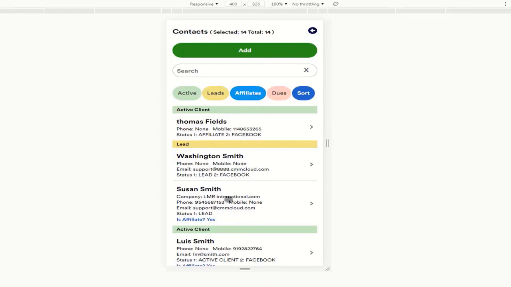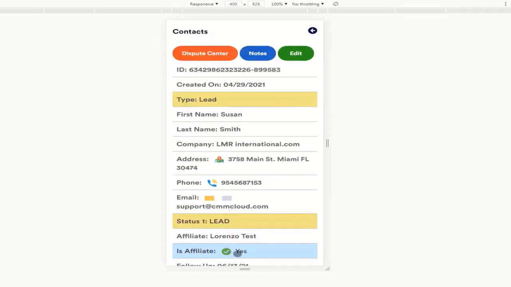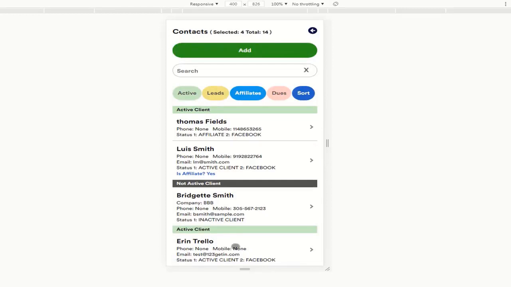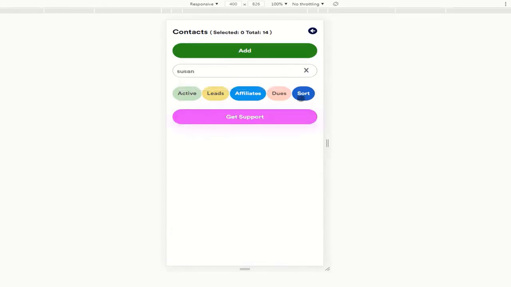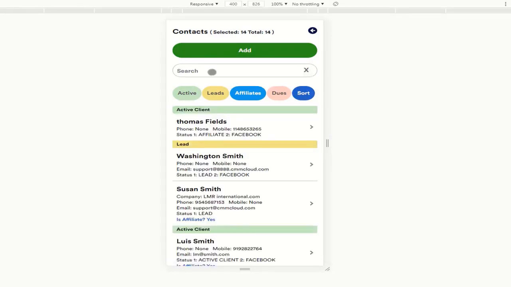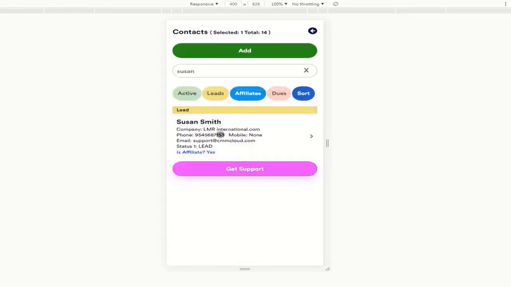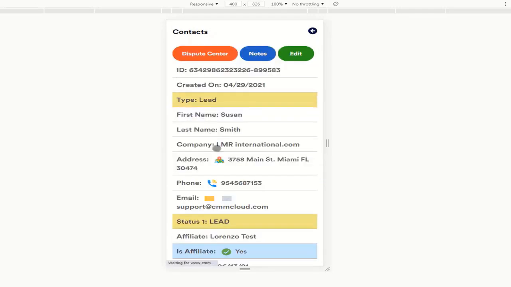By the way, I forgot to explain that, for example, if you are an affiliate and it has this icon, you can click on it, and be able to select the members that are below that particular contact or affiliate. So these are people, and this one is also an affiliate but it is also under the previous affiliate, and it is Susan. So I'm going to search here for Susan, but it doesn't appear because it is selecting from the ones I have, so I would need to first select all, and then search again for Susan. So now, I have Susan, which is an affiliate, and now I can go and select people